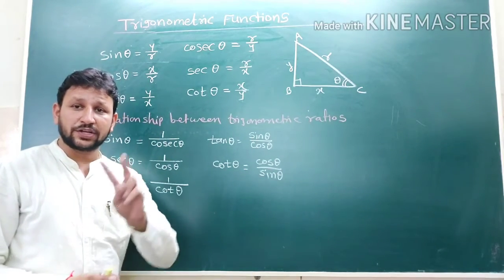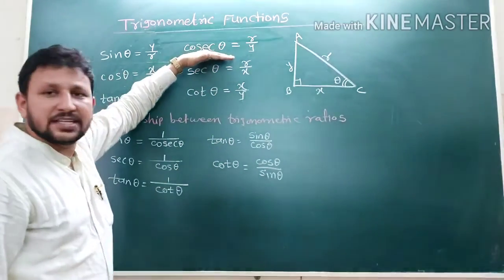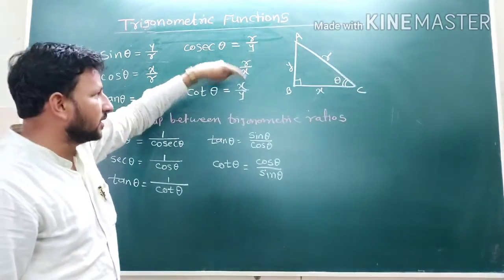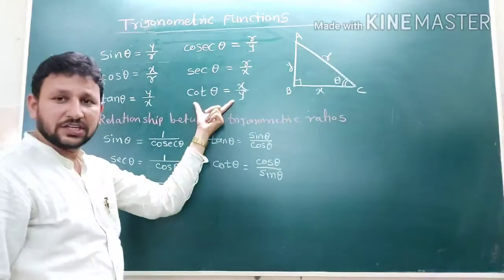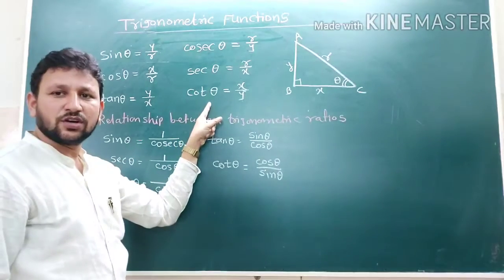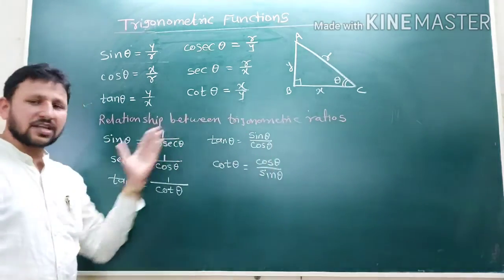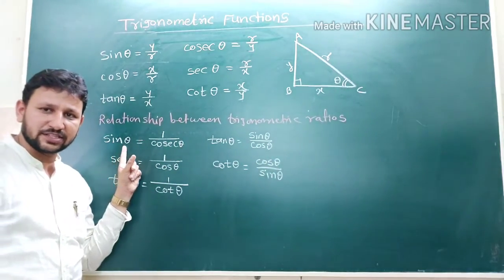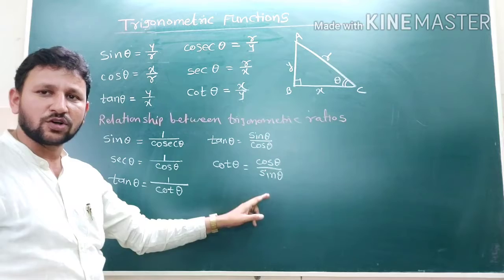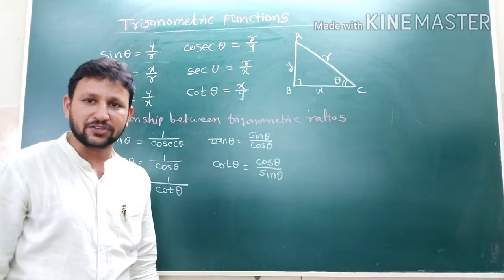Again, you can write the other two ratios also. See the relation: cosec divided by sec, division is taken. Then y and r get cancelled. The ratio obtained is x upon y, that is cot theta. So the relation is cosec theta upon sec theta is equal to cot theta also. But mostly these first relations, the reciprocals, are used for solving the sums. And next, tan theta is expressed as sin upon cos, and cot is expressed as cos upon sin. This is the first basic part, that is the introduction of the trigonometric ratios.